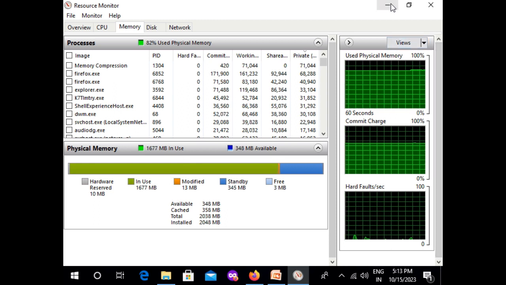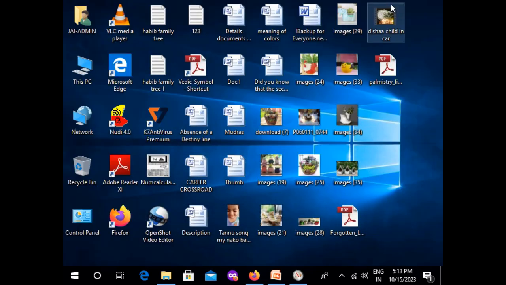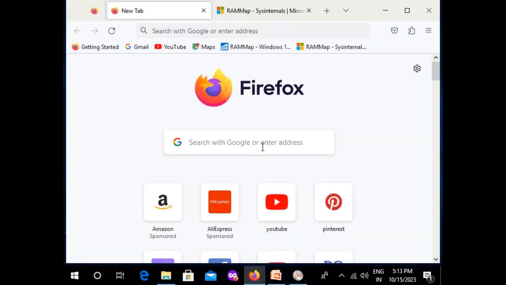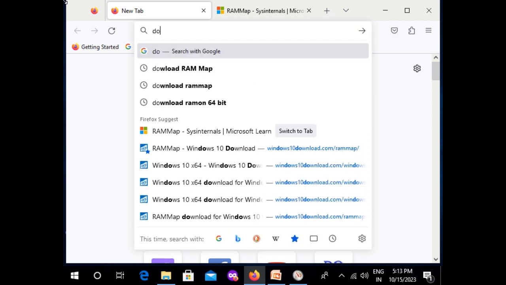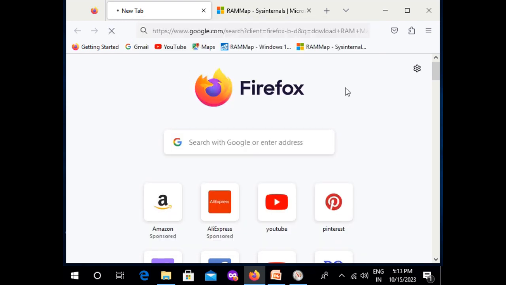Okay, Microsoft has an application known as RAMMap. You just go to a Google search and type download RAMMap. You can see it here. I had already typed it previously. As soon as you type download RAMMap, you take